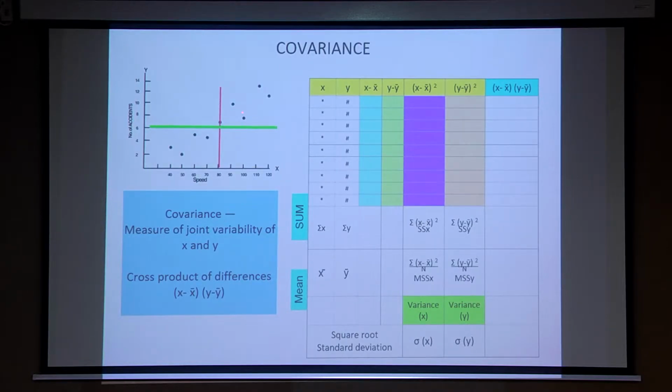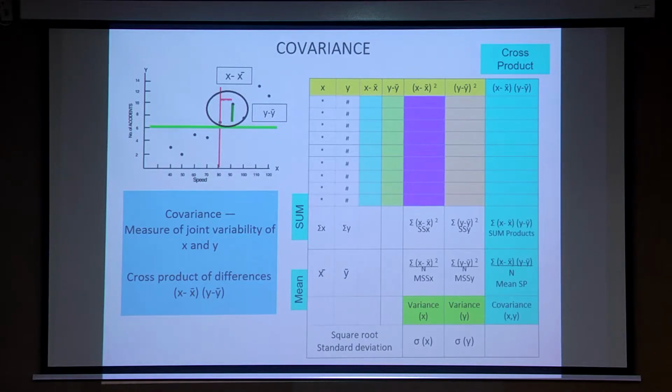Covariance. See, this is the value we are interested in. So we are going to calculate how far it is from the Y mean and how far it is from the X mean. So calculate the differences, X minus X bar and Y minus Y bar, and multiply them. It is called the cross product, the cross product of differences: how far they vary from their own mean. You get the cross products for each value. Then take a mean. That is called covariance.